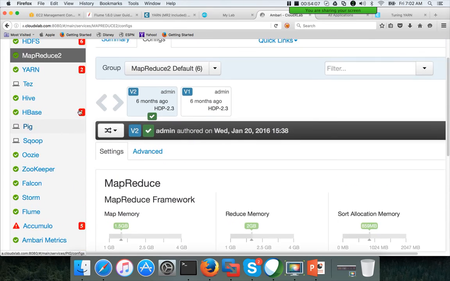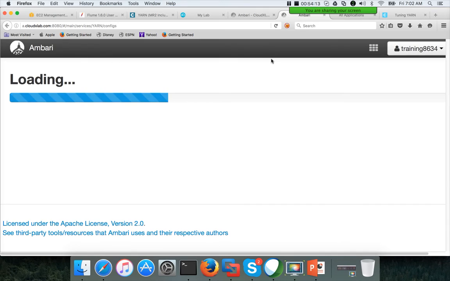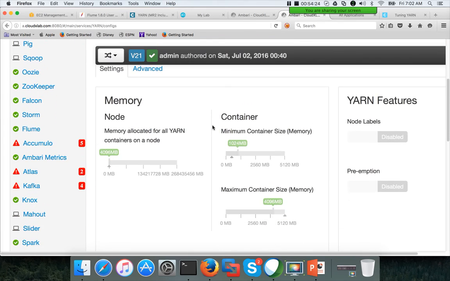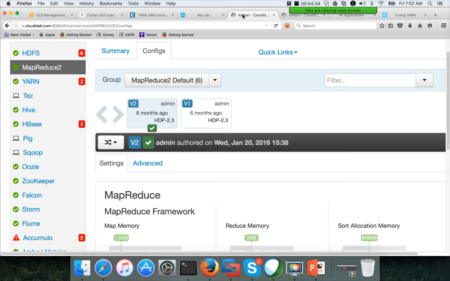That's where this container related, let me open another window that will make it a lot clearer to you. Okay, now once the configs come up, I will talk. Yeah, now you can see that container memory is within the range of 1 and 4 GB. Whatever tool you configure to use yarn, in our case we are talking about MapReduce, which is by default configured with yarn in most of the cases.